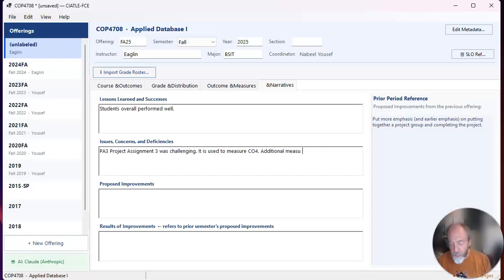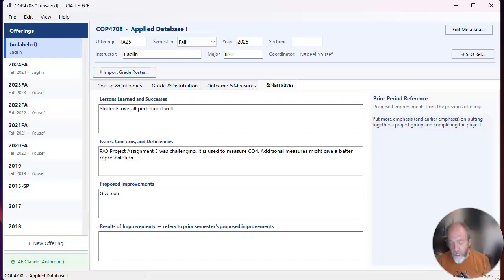Additional measures might give a better representation. And you might be tempted to go ahead and say, oh, I'm going to just make PA3 a little bit less challenging. But I didn't have an overall issue with the overall performance of the class. I actually said that in lessons learned. Proposed improvements, however,